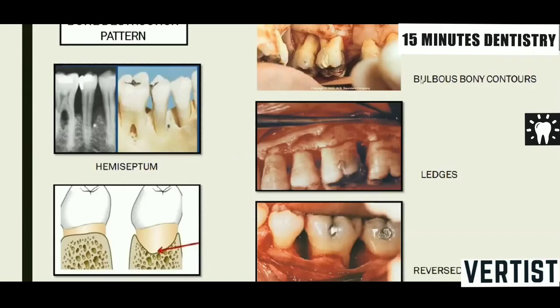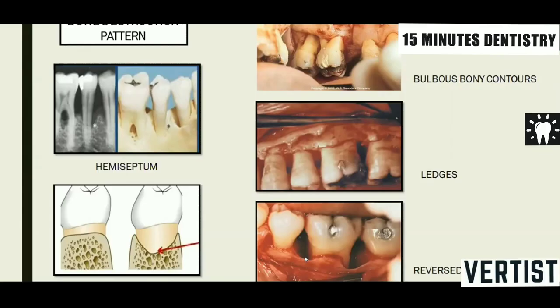Then here you can see when you reflect the flap in patients who have periodontitis, you can see such type of bulbous bony contours also. You can see furcation involvements also. Now these bulbous bony contours could be the result of exostosis, could be the body's mechanism towards adaptive remodeling. So these are the bulbous contours which you will see. Then ledges are present over here, and then reverse architecture, as I mentioned to you, in cases of food impaction or